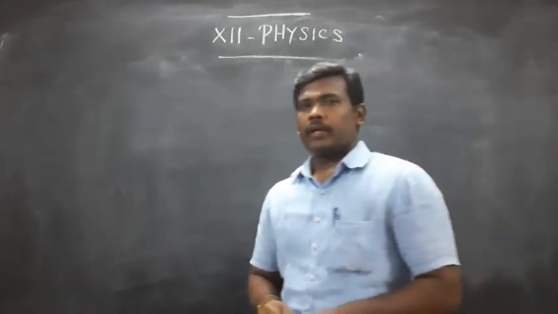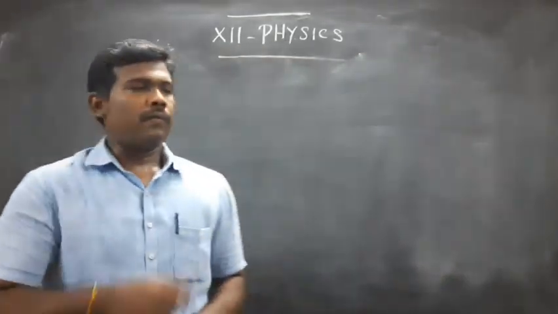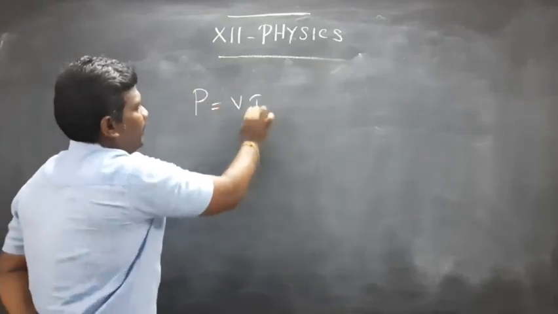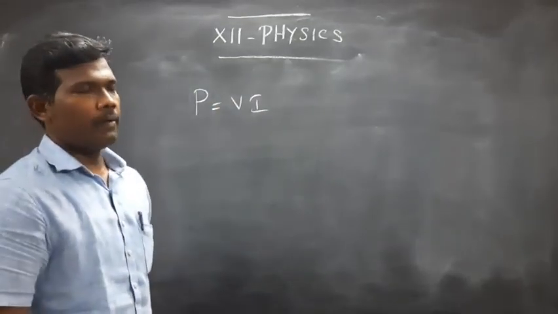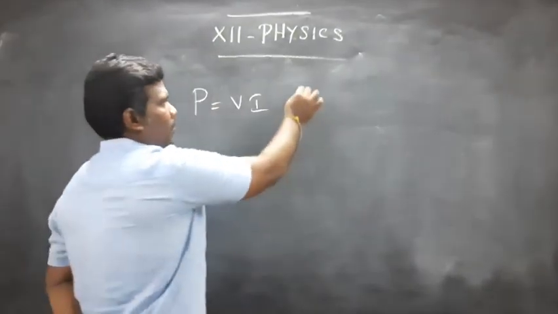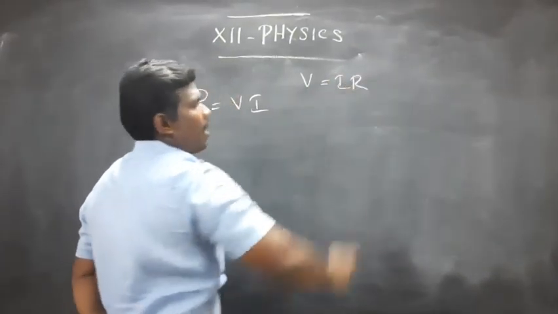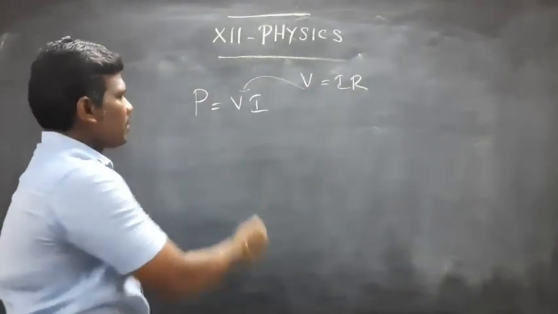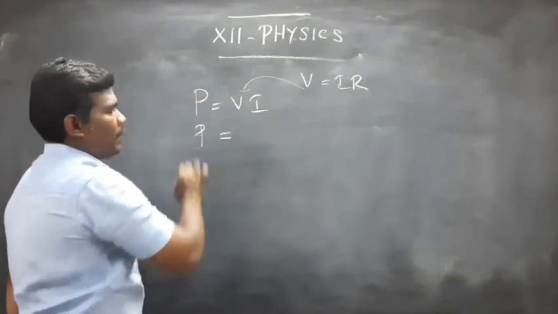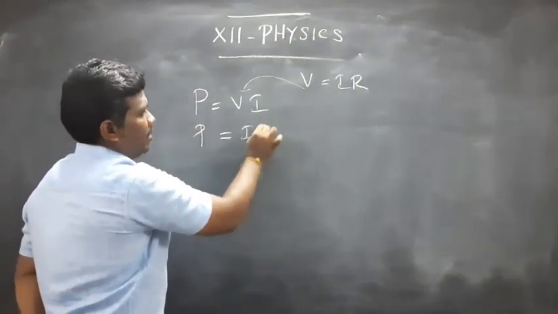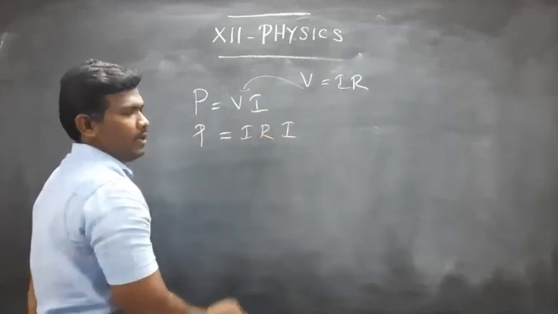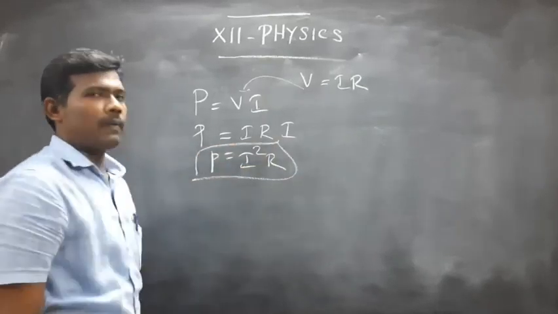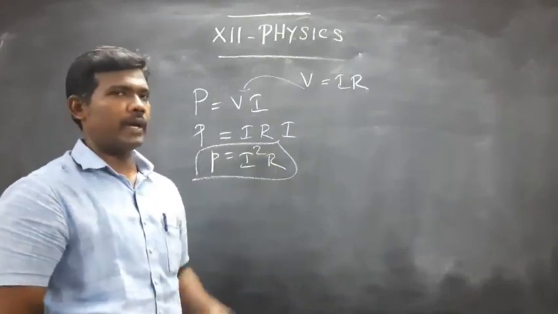Right? Now we are going to see the alternative formulas for power, and we know the formula for power: P is equal to VI. What is Ohm's law? V is equal to IR. Now we apply this V value into this formula. We can get the alternative formula for power from V, I, R, and we already have I. So the formula is I square R. This is another formula for power: P is equal to I square R.